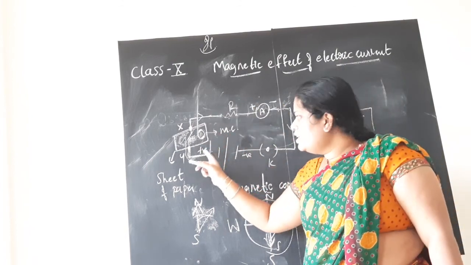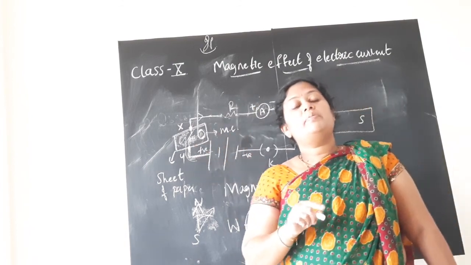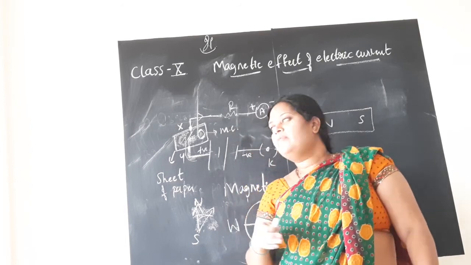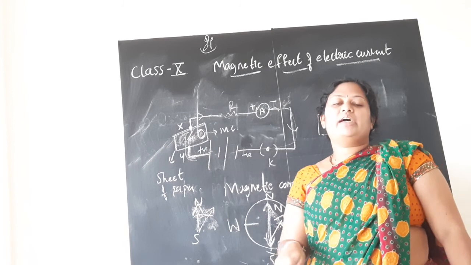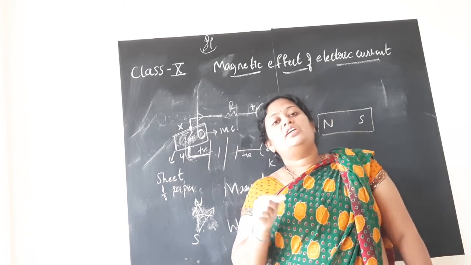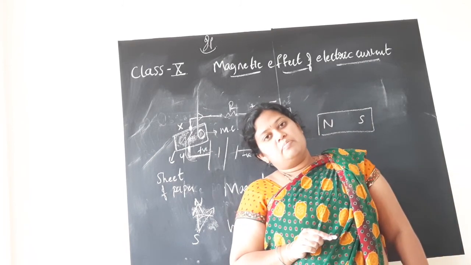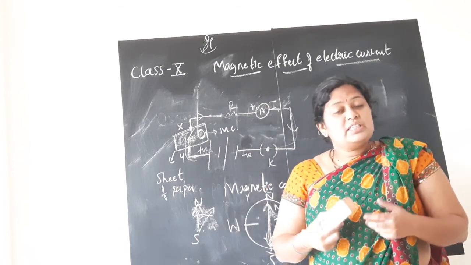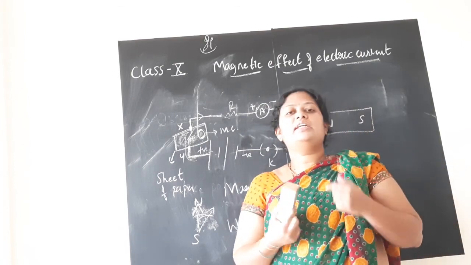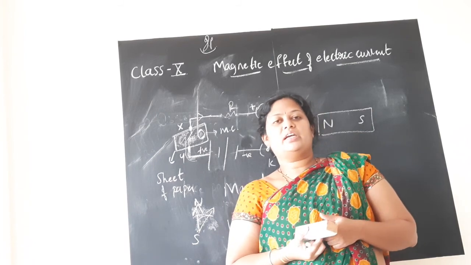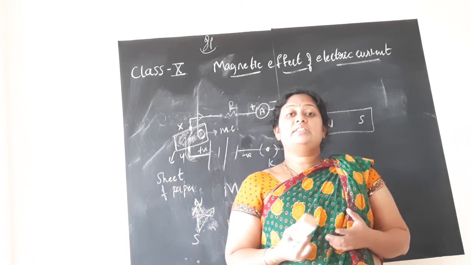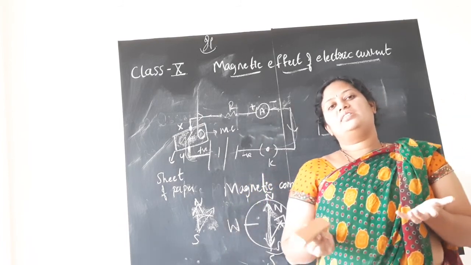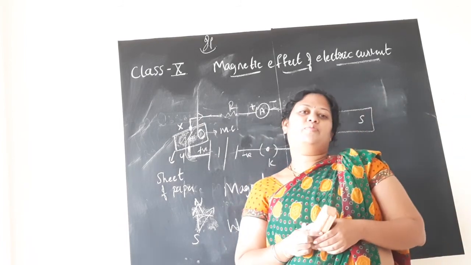So whenever the current is passing in the vicinity, and they use the word vicinity to mean nearby, towards the vicinity of the magnetic compass, we can see the deflection in the magnetic compass. If there is deflection in the magnetic compass, what is deflecting inside? Of course, the needle inside the magnetic compass is deflecting. What is that needle made up of? A bar magnet, which consists of the north pole and the south pole.